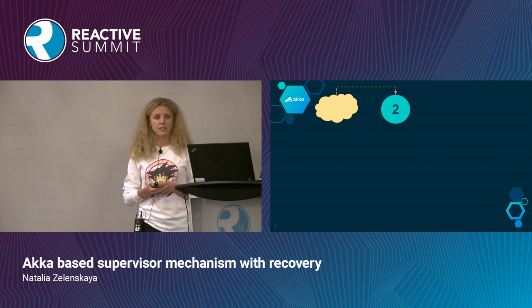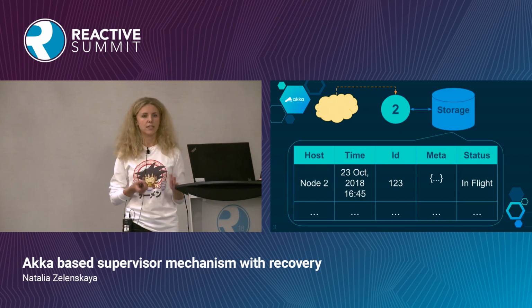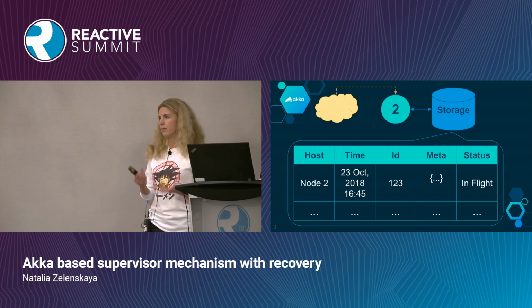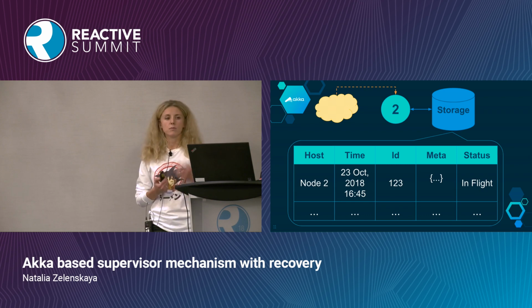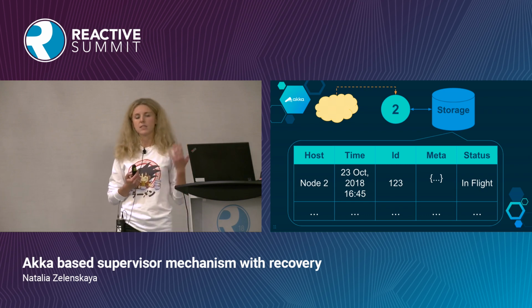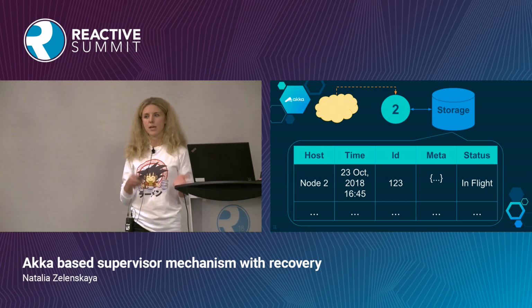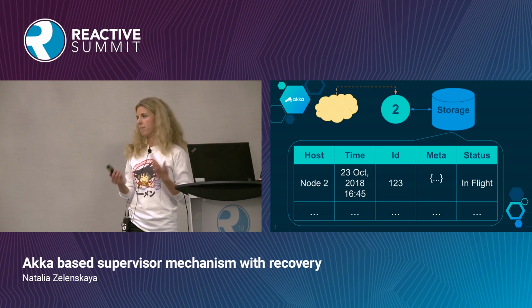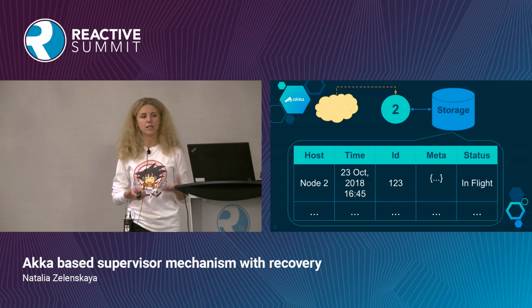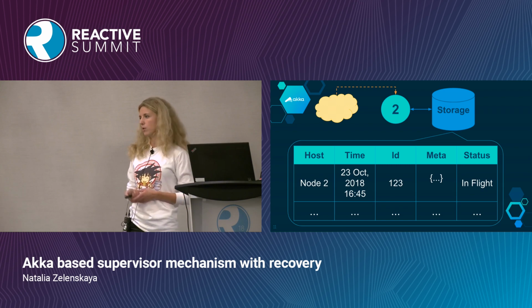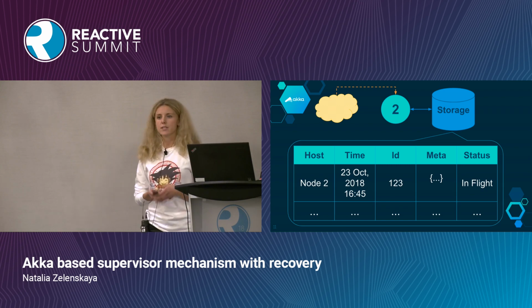We're going to persist the record in the storage with the following schema. We're going to say where our supervised task, or supervised actor, is located. So we'll say, in this example, it's on node number 2. We're also going to record the time for execution of this supervised task, which can be any timestamp from now in the nearest future. It will have a unique identifier, some metadata, which can be a serialized JSON representing our order that we're going to use later, and it will have a status.